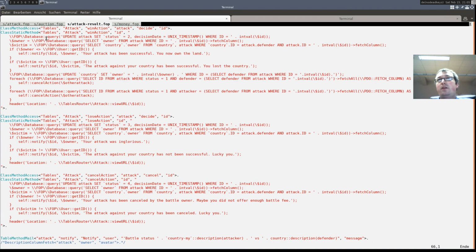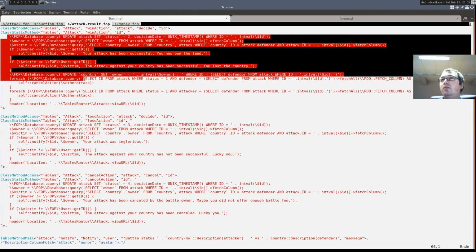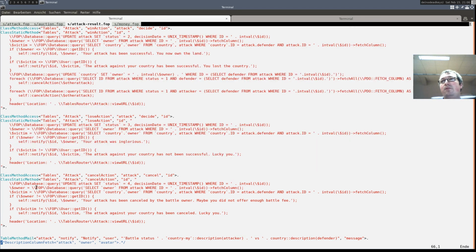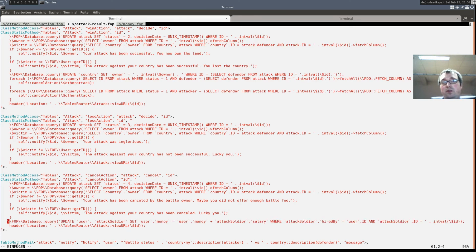So in attack result we have the win action, where the winner will pay the money for the soldiers and the loser also. But if the battle is cancelled, all attack soldiers will be refunded.